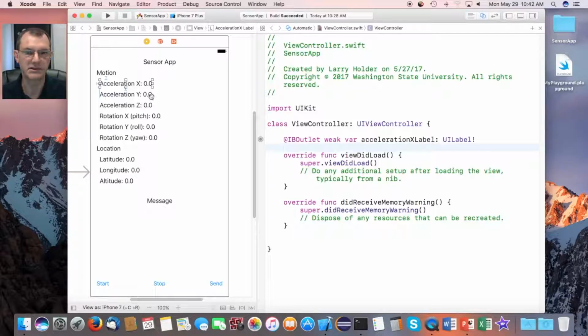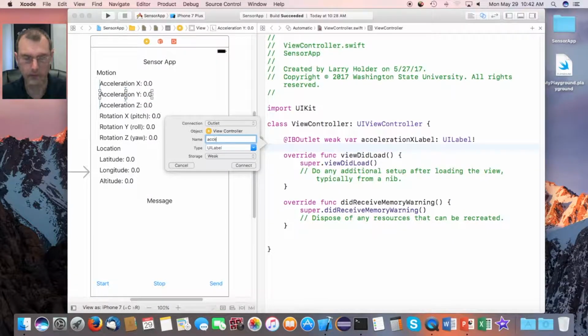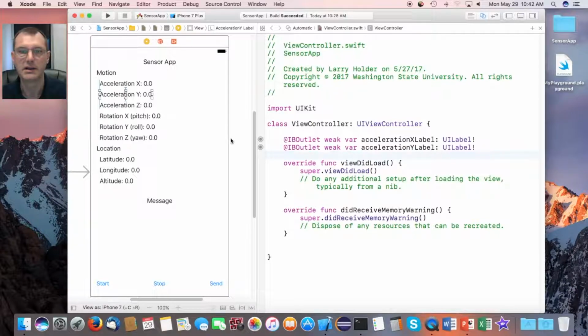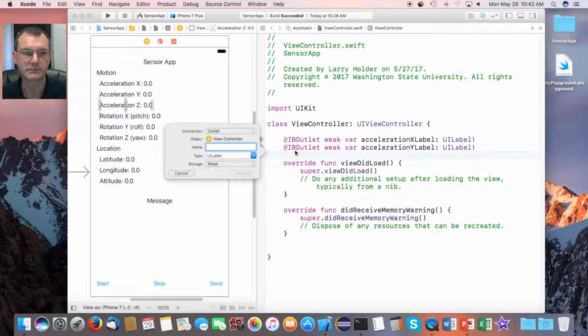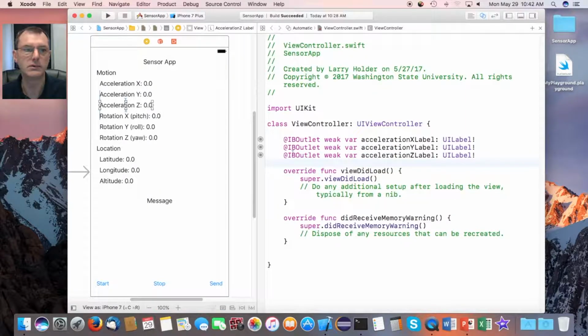Okay, so we're going to need to do this for all of our labels that'll display information. So let's just go down the line and drag all of those in. So acceleration Y, I'll drag in. And acceleration Y label. Again, you can give these any names you want, but just to be consistent with the notes, I'll follow this pattern. Acceleration Z label,